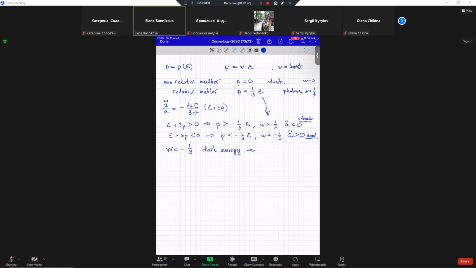Dark energy is something, and we need to clarify what, that creates the phenomenon of acceleration of the universe. Acceleration of the universe, we understand that we speak about space. Okay, and we will see that